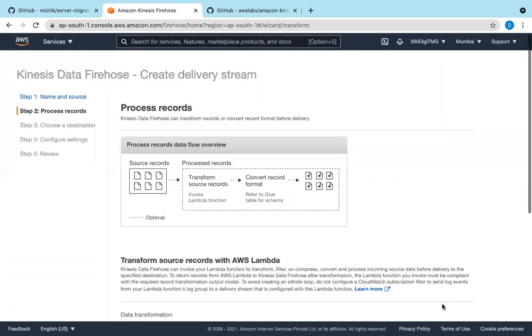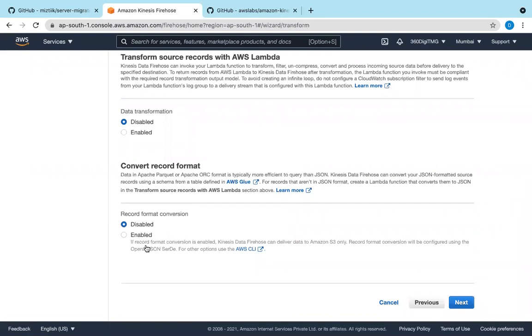What happens is it converts the file format. See, if record format conversion is enabled, Kinesis Data Firehose can deliver data to Amazon S3 only, and the record format will be done using OpenX JSON. So whatever the format the data is, using this convert record format, Apache Parquet is the conversion record format, which converts into JSON format.